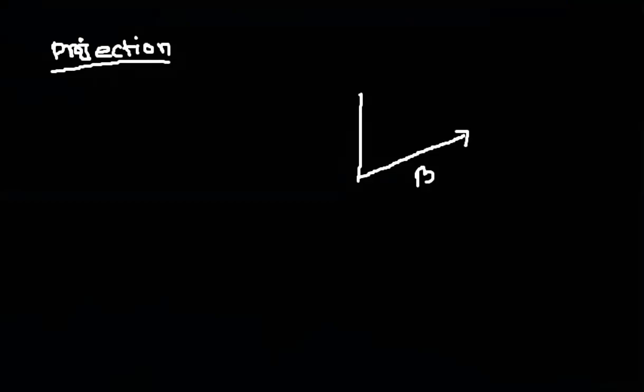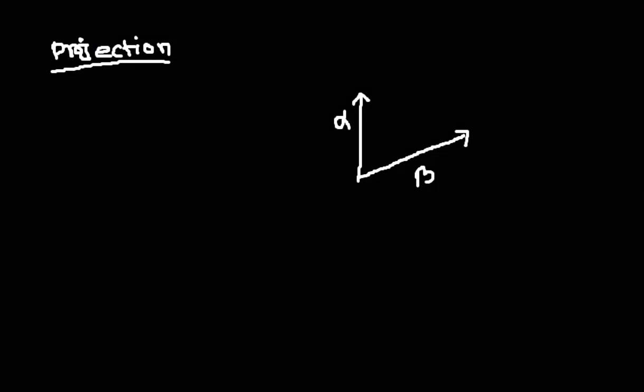So let me draw this. And we have another vector alpha. I want to take the projection of alpha upon the vector beta. Informally, you can think that you just want to take the shadow of the vector alpha upon the vector beta. Which means that if we draw a perpendicular line over here,